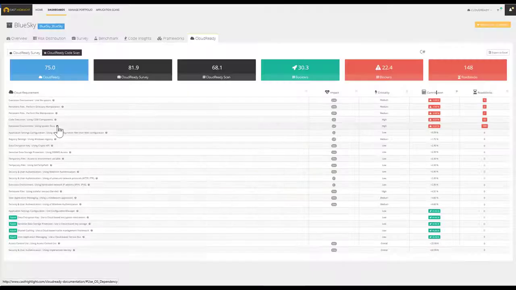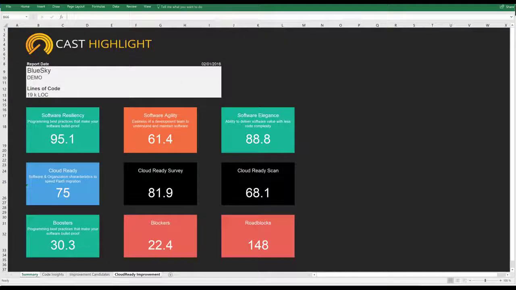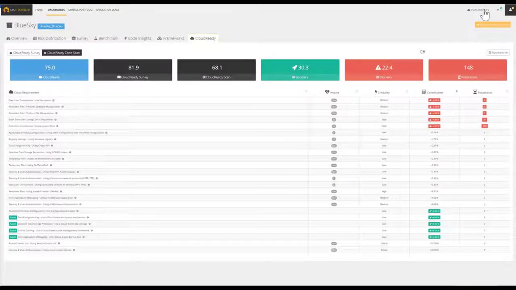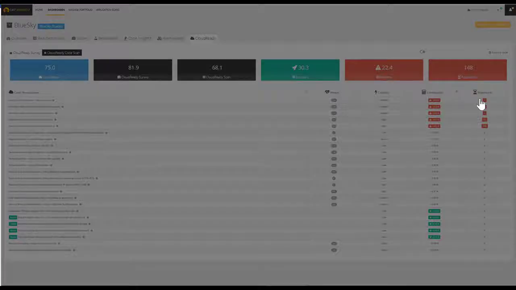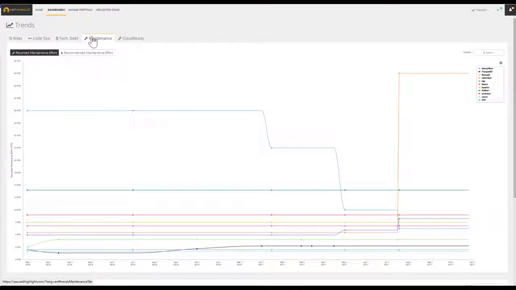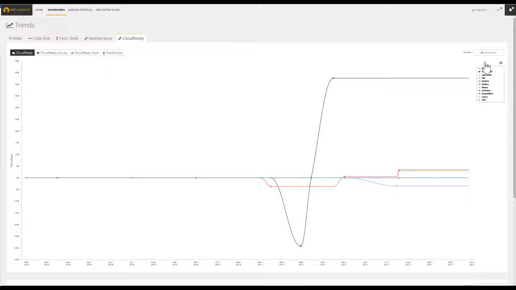In order to turn these insights into actionable outcomes at any time, we can use the export button to generate an Excel spreadsheet of all the roadblocks, boosters, and blockers for every application. Because some applications will require modernization or will target replatforming using an iterative method, it's critical to monitor the health, cost, and cloud readiness of the application portfolio between releases. This monitoring of roadblocks and boosters will help ensure that every application targeted for migration is moving in the right